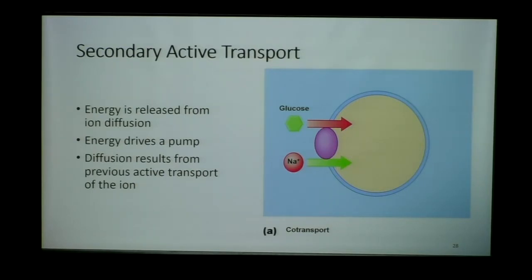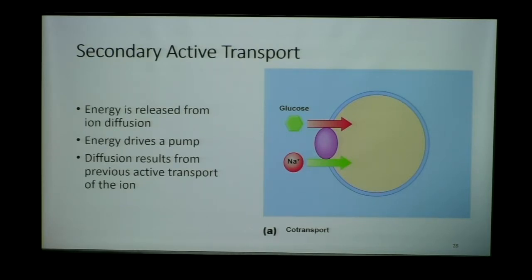And what do you think is making that gradient? We just talked about it. This sodium-potassium pump, right? This sodium-potassium pump is setting up these gradients. There's more sodium outside the cell than there is inside the cell, because that pump is pumping or kicking 3 sodiums out, kicking 2 potassiums in. So what we have is a gradient for sodium naturally where it will go down its concentration gradient right back